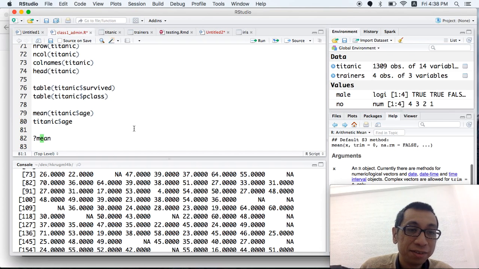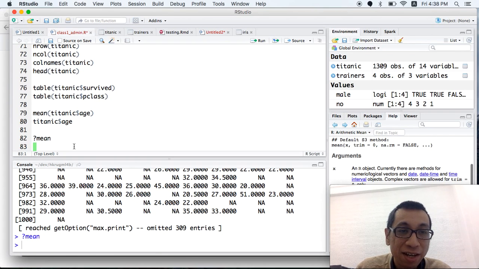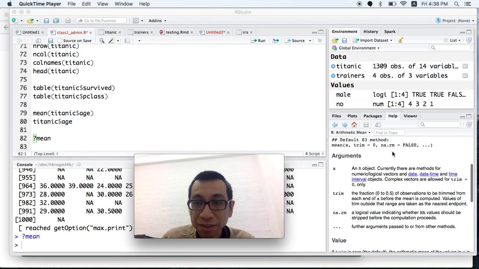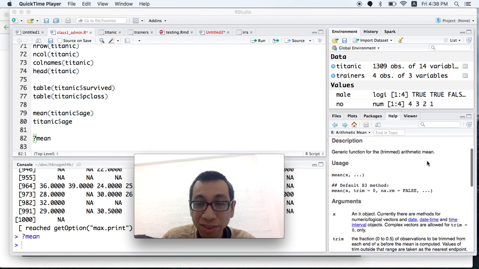And if you have NAs in your data, the mean will give you NA. So this time we read the help file of mean again. Always read the help file of a function, so it will tell you how to deal with anomalies like this.